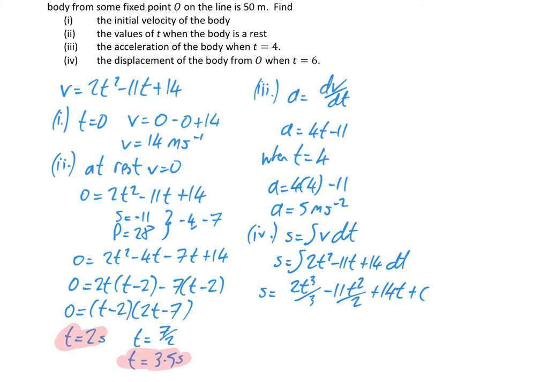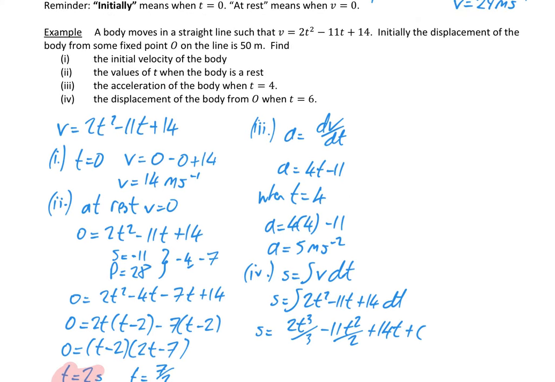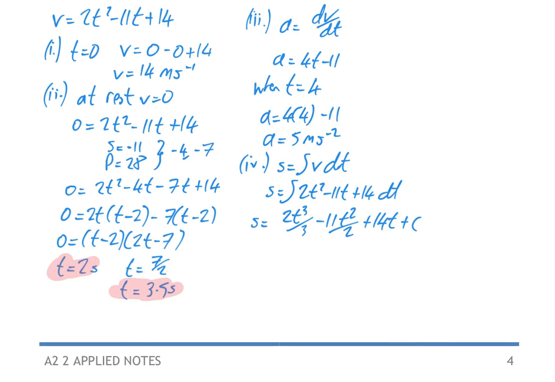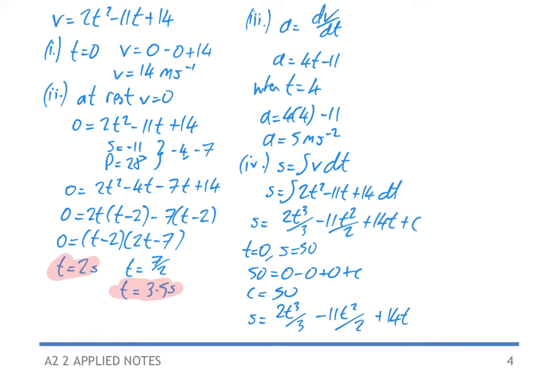And then how on earth do we find our c? We look back at the question and it tells you, I will just highlight it here, it tells you initially the displacement of the body from some fixed point O on the line is 50 meters. So that tells you when t is equal to 0, s is equal to 50. So we're just going to put in t equals 0, s equals 50, which means 50 is equal to 0 minus 0 plus c. So your c is equal to 50. So that gives you s is equal to 2t cubed over 3 minus 11t squared over 2 plus 14t plus